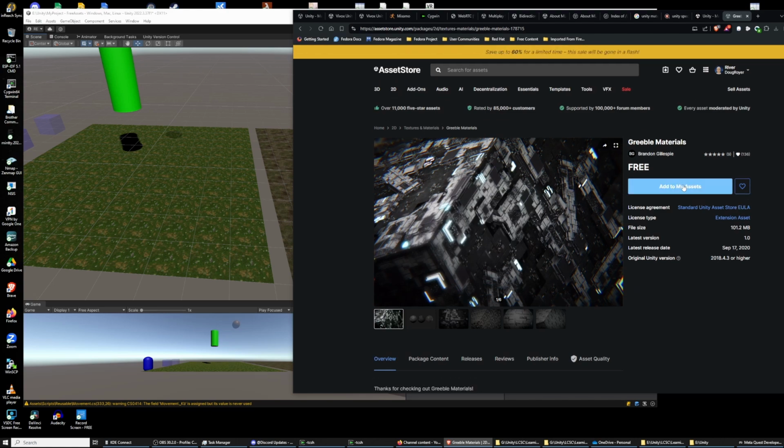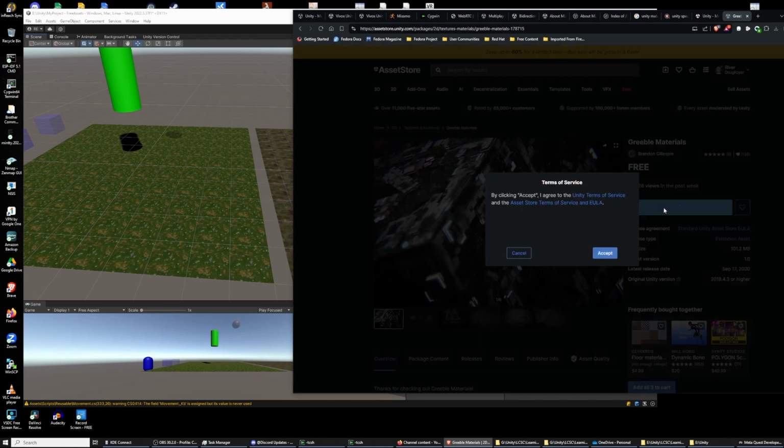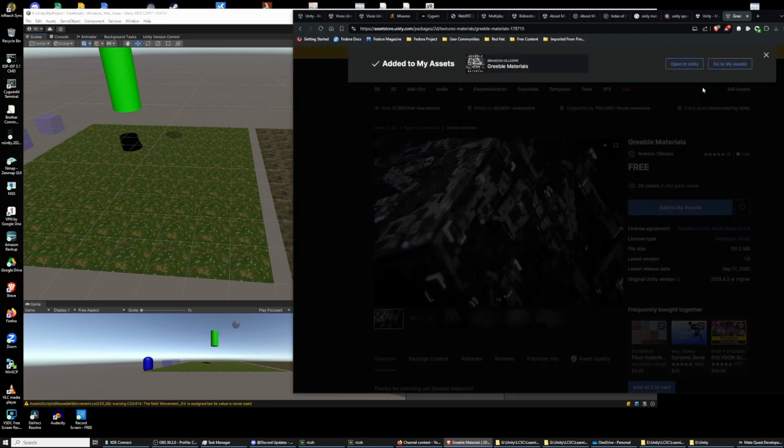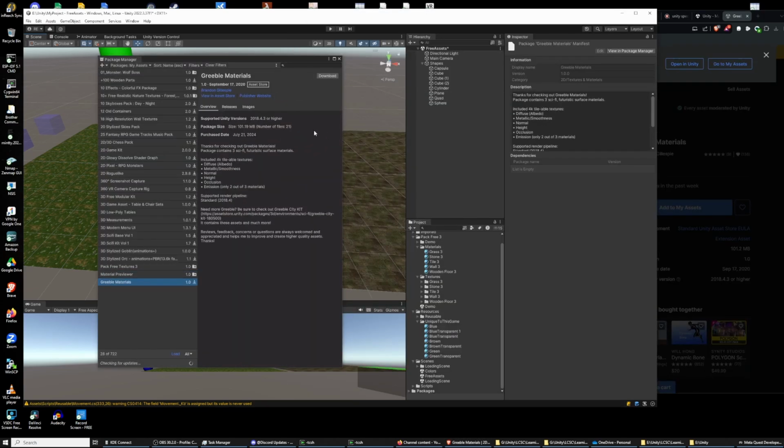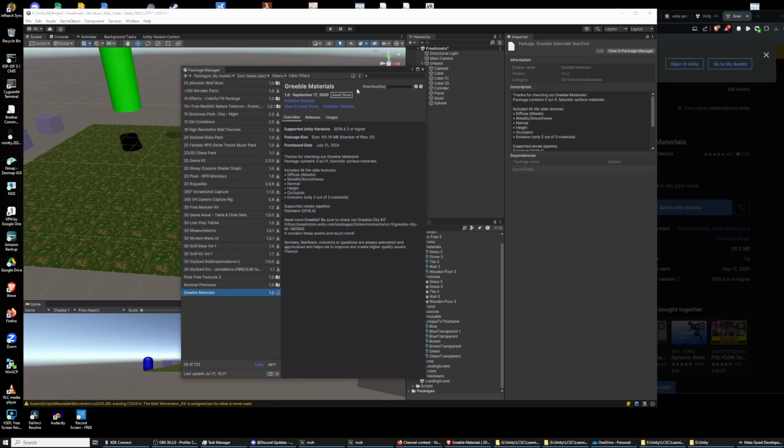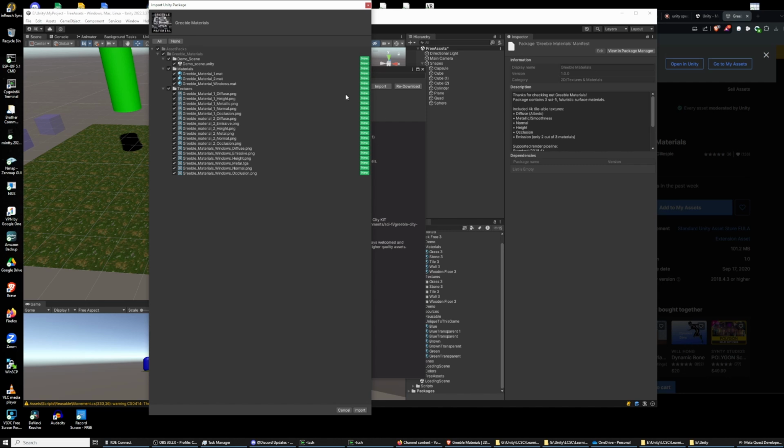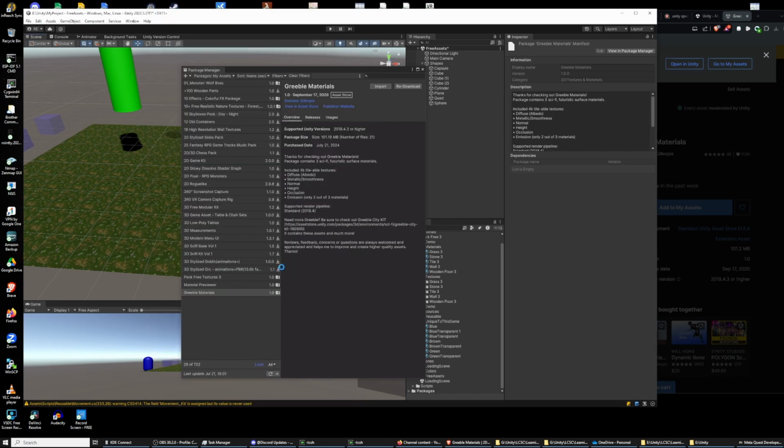Immersive learning. Add to my assets. Accept. Open in Unity. There really isn't a delete. Once it's in your list, it's in your list. Download. Import. Hopefully we won't get any weird errors with this one. There we go. That looks interesting. Import. And again, we don't really have any specific goal in this particular lesson other than that we're playing with textures